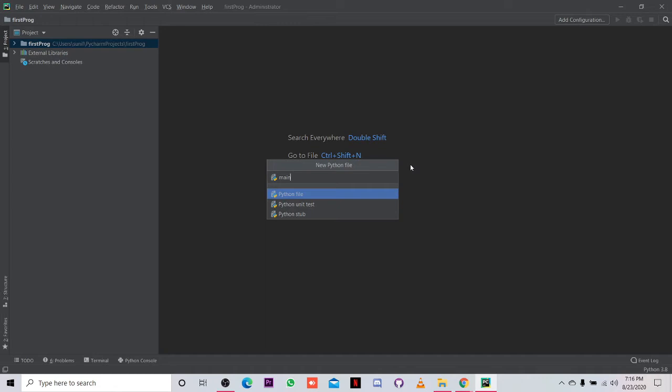So if you are writing a program for Hello World, you give it the name Hello World. Suppose I am writing a program which will handle a database for day-to-day transactions, then I write day transaction. So once you look at the program, you will understand that this program was written for this.